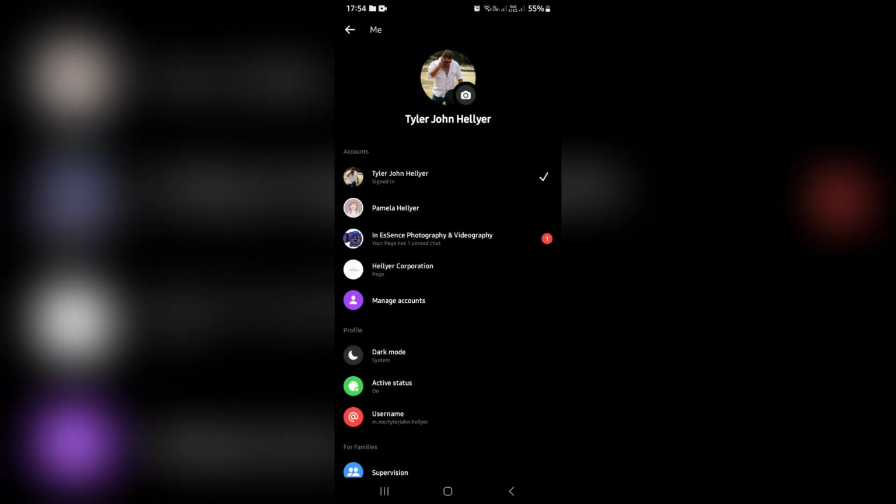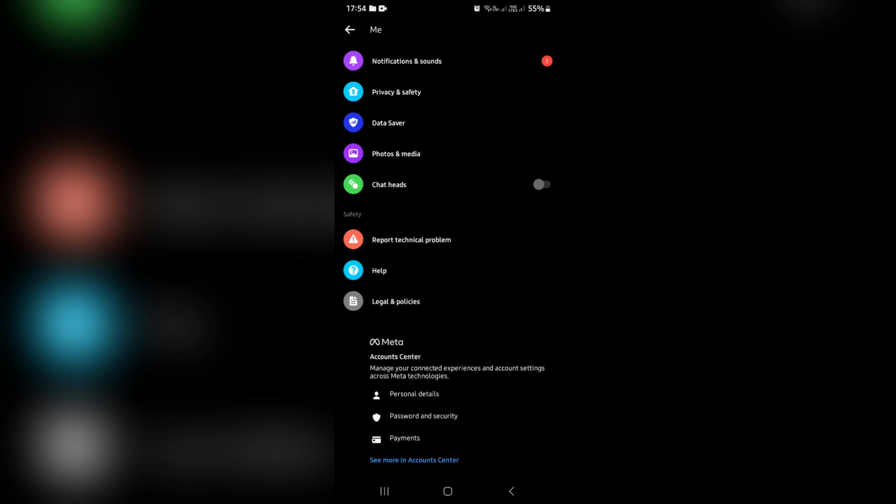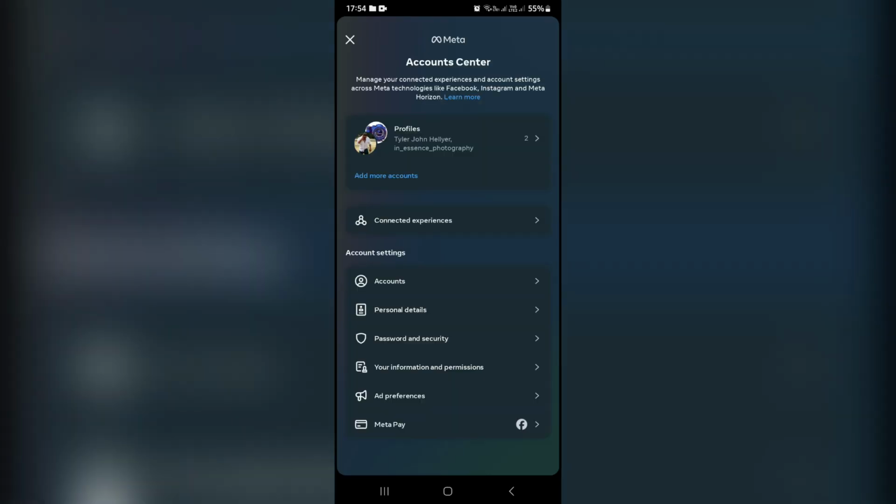And from here, you're going to scroll all the way down and you're going to look for personal details. Now, this is a professional account, therefore, this is the interface. However, it will work exactly the same with a personal account. We're going to go into personal details here, and as you can see, we have account settings at the bottom,